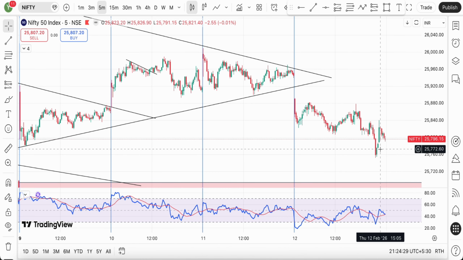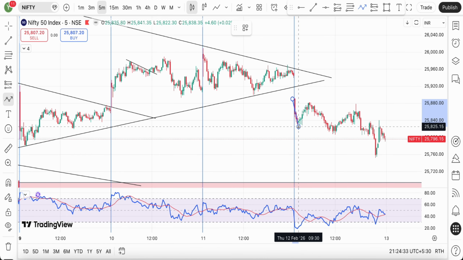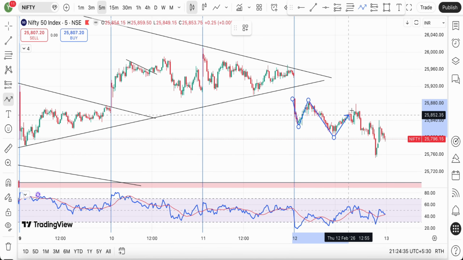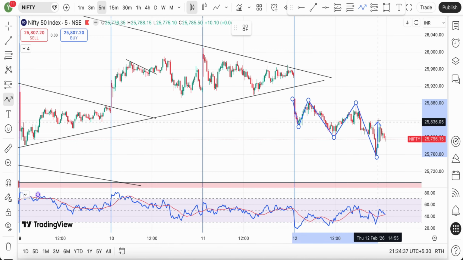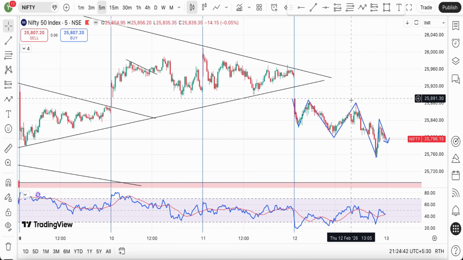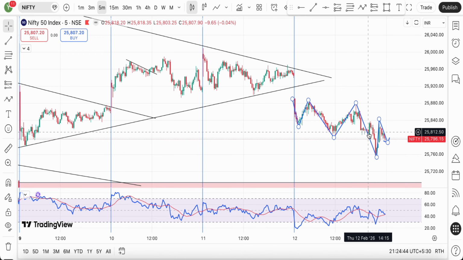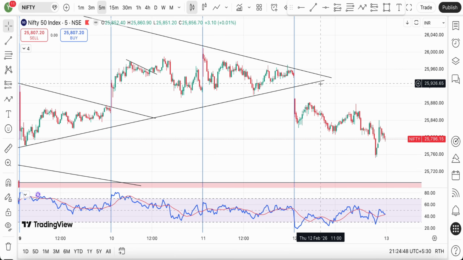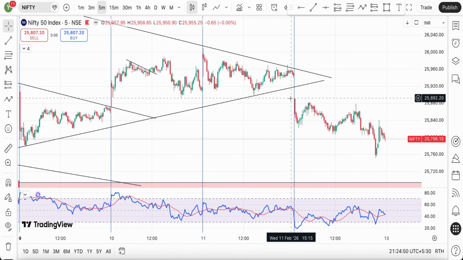And today, what we saw was also a kind of a clear structure. Nifty constantly moved in a lower high, lower low structure today. Although it was a no trading day for me, Nifty opened with a big gap and around the 2 days low immediately went and gave us a closing below the 2 days low.